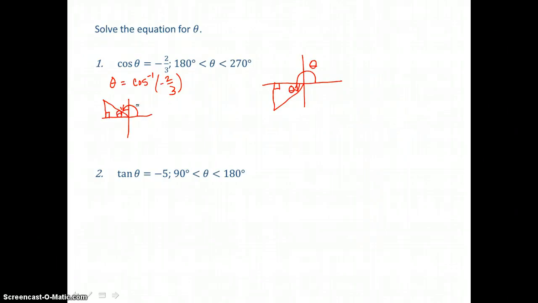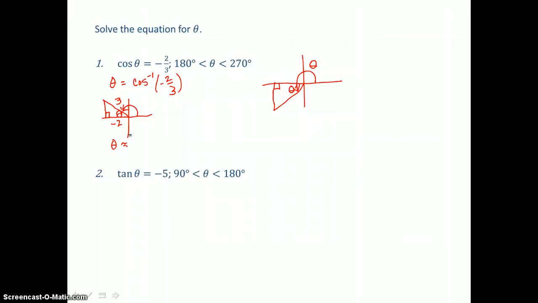So, applying the definition of cosine to this triangle, cosine is adjacent over hypotenuse, -2 over 3. So I see that this is not a special triangle, so I'm going to have to use my calculator to approximate theta. So using the calculator and working in degree mode, I've got inverse cosine of -2 divided by 3,